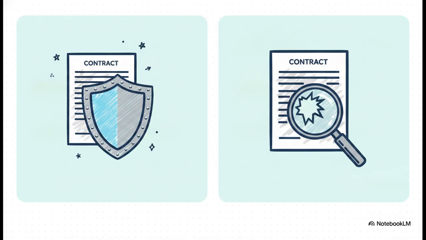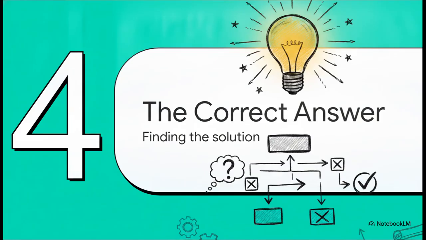Well, in legal theory, courts don't just automatically throw the limitation clause out the window. Instead, they pull out a magnifying glass. They look for the true intent behind the words. They ask, did the parties genuinely intend for this clause to protect the engineer, even if they make a massive, catastrophic mistake? Which brings us to part 4.